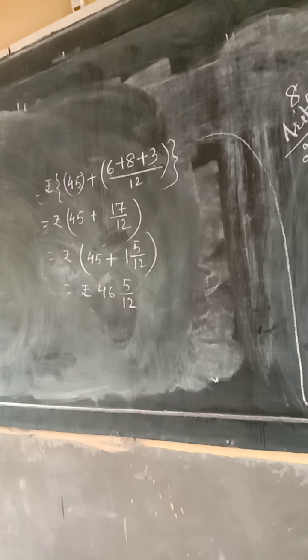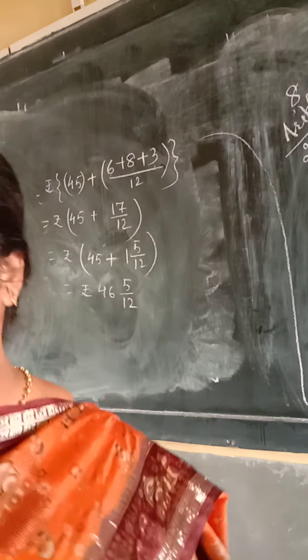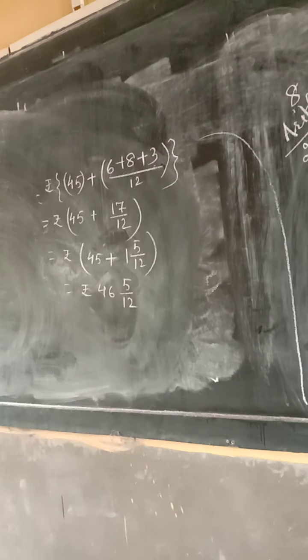This is when we add integral part and the fractional part separately. We can use this, okay? It's not wrong that if you convert into improper fraction and add, it will come same, but that will be time taking. This is easy to add because we have big numbers. So when we have big numbers, we can follow this rule. All the integral parts together and the fractional parts together, okay?